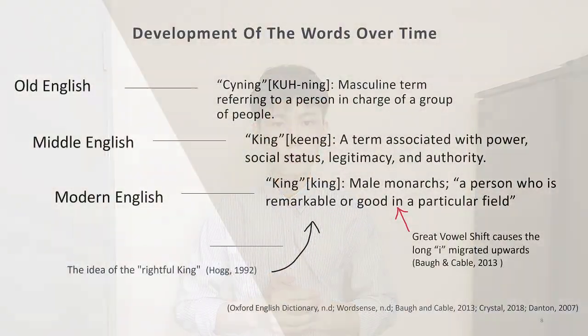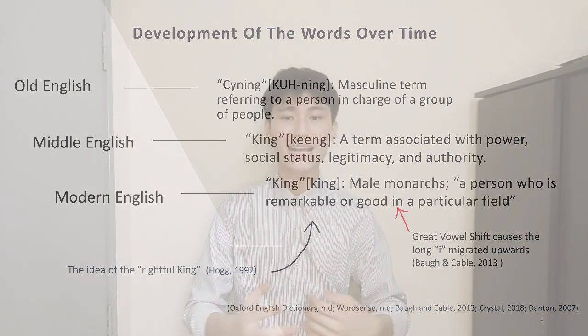Originally, king in Old English meant a person who is in charge of a group. In addition, as the political landscape changed from small tribes and countries in the Old English period to larger kingdoms and countries in the Middle English period, this also contributed to the shift in the meaning of king. However, as the concept of monarchy became more and more powerful and important, in Middle English, the word king started to associate with power and authority.